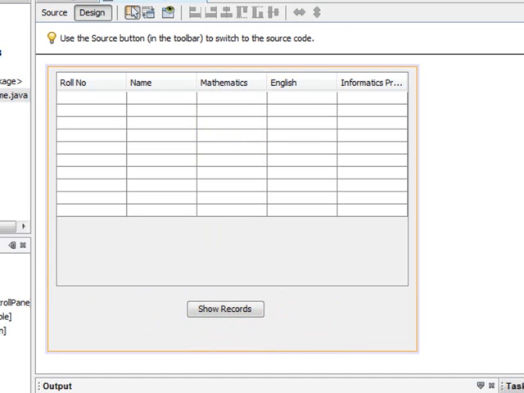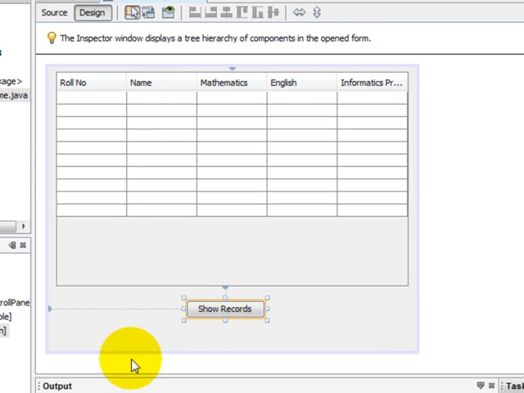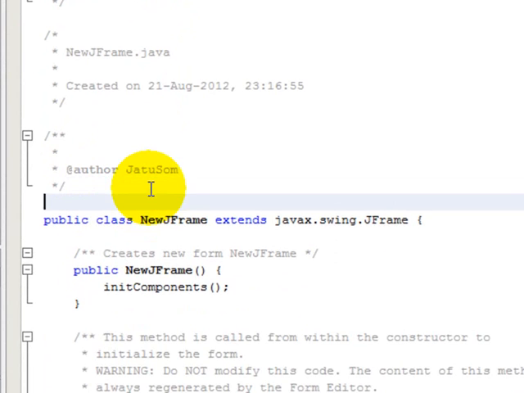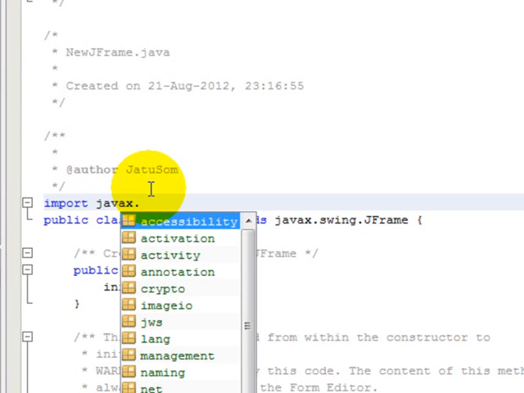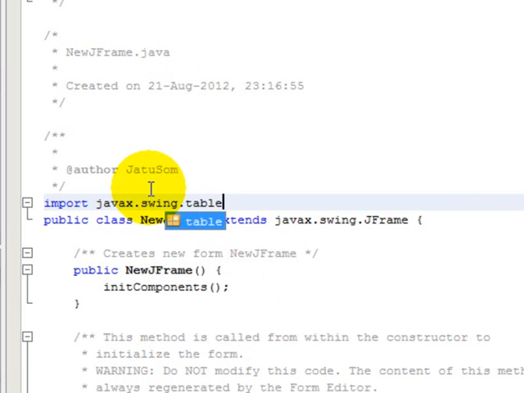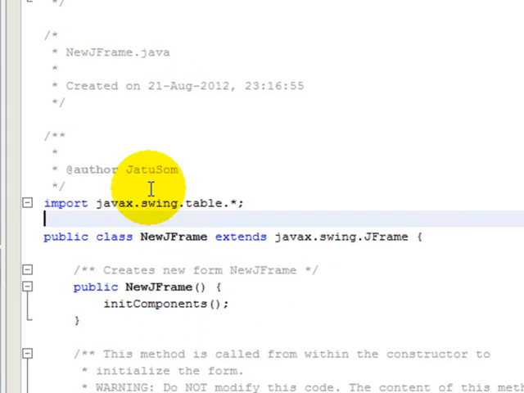The next thing we have to do is import the library that is required to connect your GUI application with the backend databases. So click on the source tab, and here write the appropriate code for that. First thing we are writing is import javax.swing.table.*, and the next thing is import java.sql.*, and finally